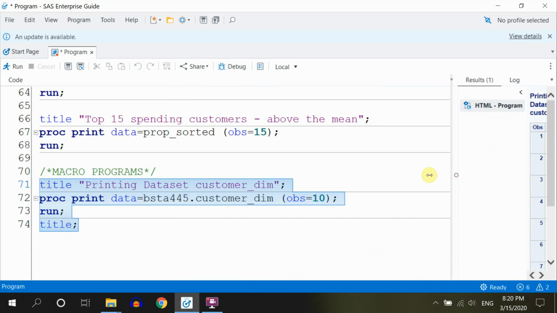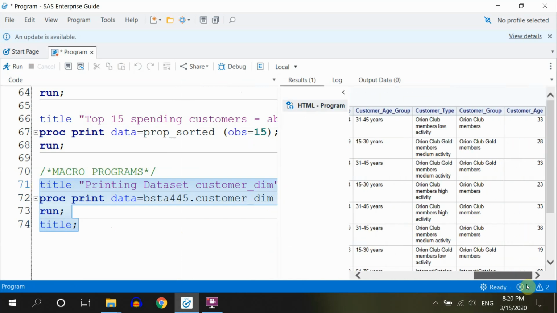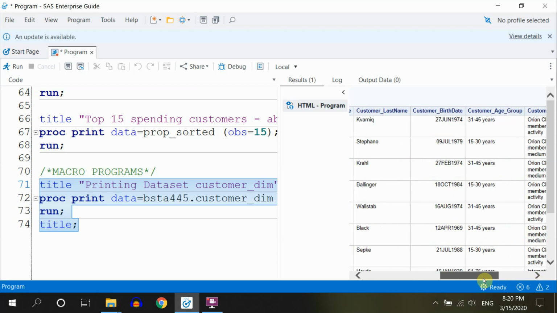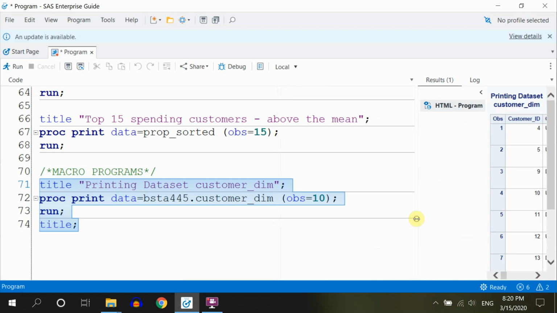I mean, this is a program that is not new to you in any way, but that's just to take you slowly through the steps you have to take in order to write a macro program. So this is just the program,